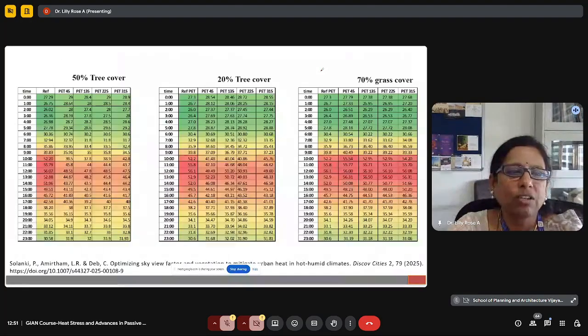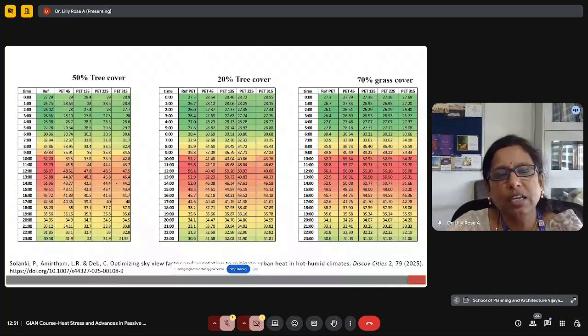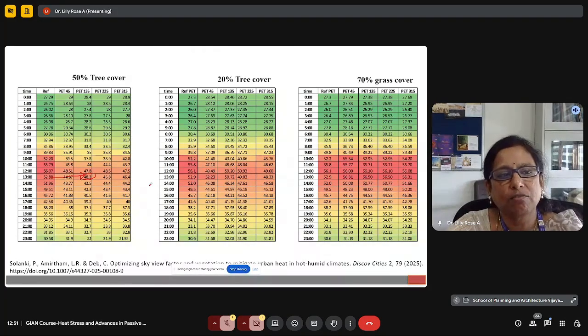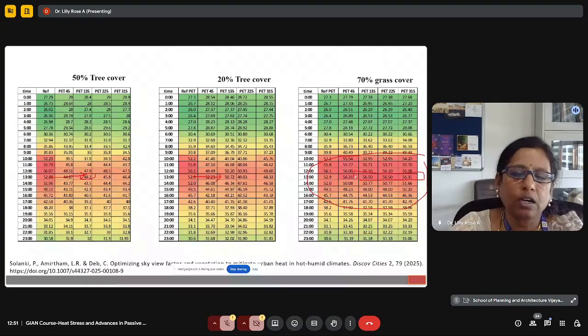Based on this, we analyzed PET. We can see that 50% tree cover and 20% tree cover more or less perform better. Here the reduction is significant, from 52 to 48.2. So roughly a 4 to 5 degree reduction was there in 50% tree cover, wherein in 20% tree cover we could get a 2 degree reduction. Here, if you see 70% grass cover, there was no reduction. Instead, it increased the PET values, as we saw in Dr. Fai's